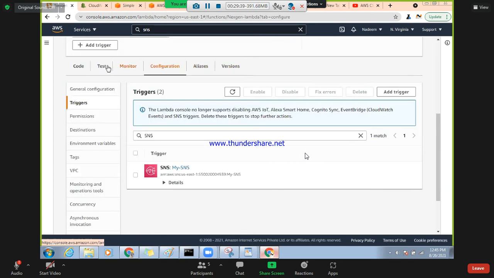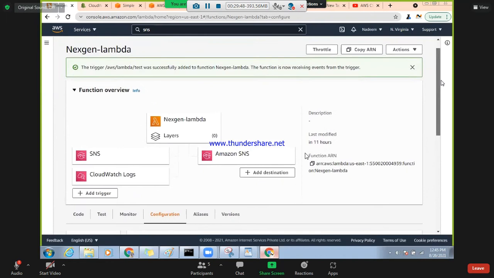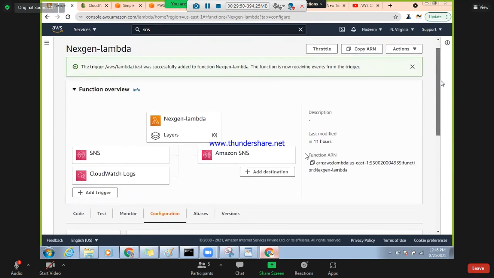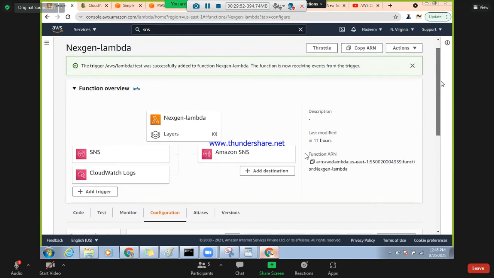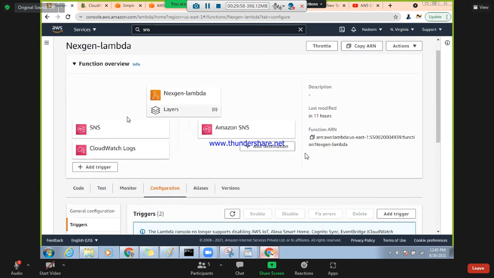I don't want this to be in my trigger. Trigger last modified, so now I'm being triggered. Okay, that's fine. So the objective of showing here is,